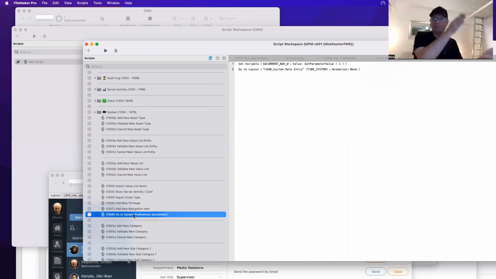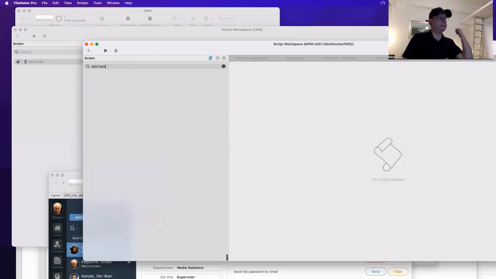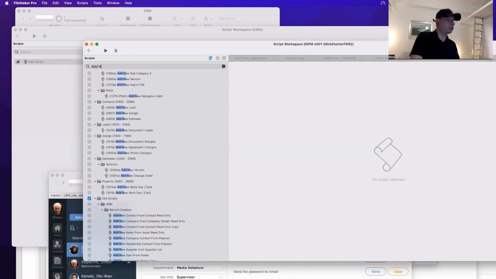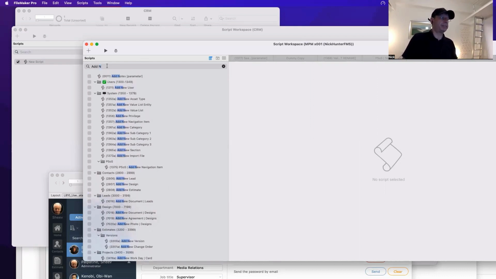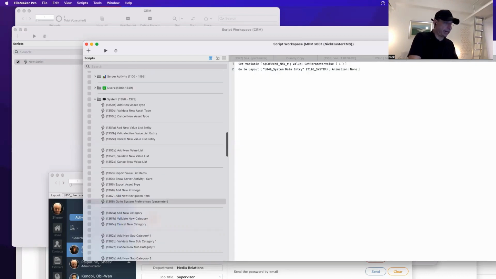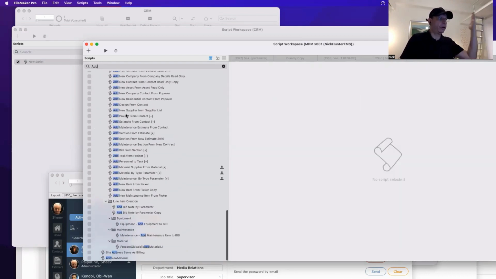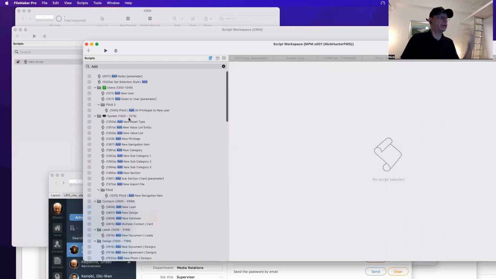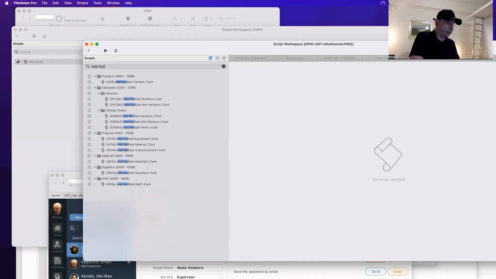So I'm starting with the action. What is this? Add, remove, delete, import, go, or whatever. Cancel, validate. And then I'm doing what it is. Add new. Okay, I want all my add new. Okay, add new. So I have all my add new. But if I want, I can add all my add. All those are adding something. But if I said add multiple, all of this add multiple, or add single,